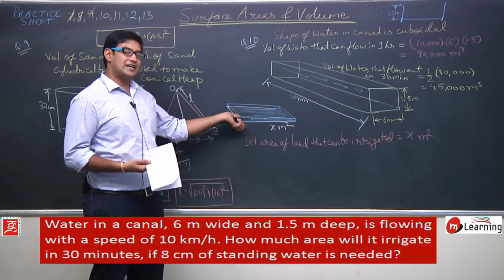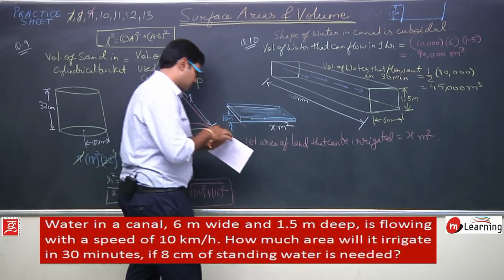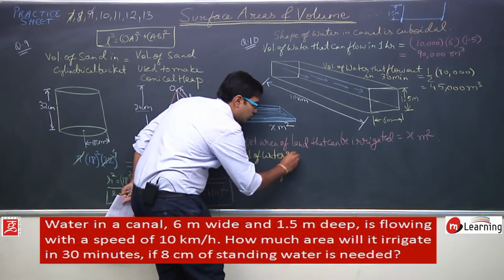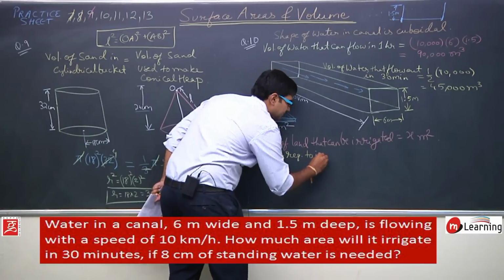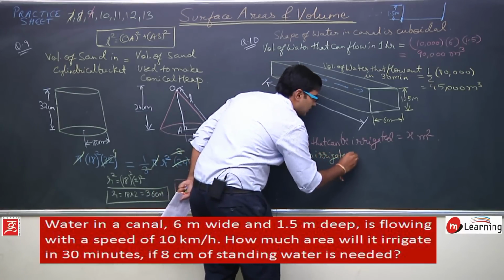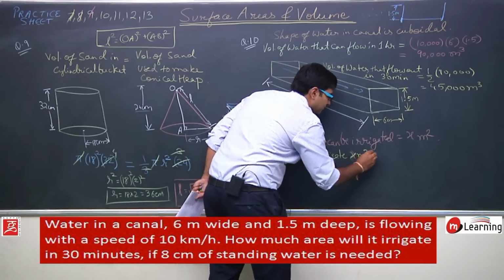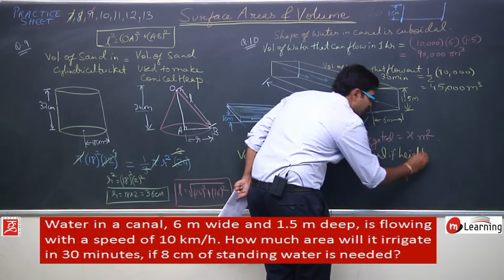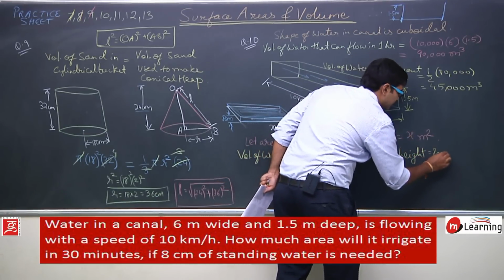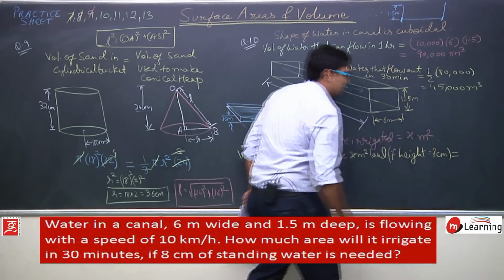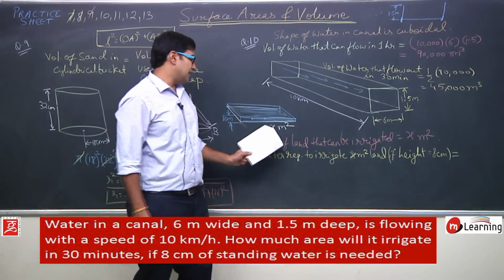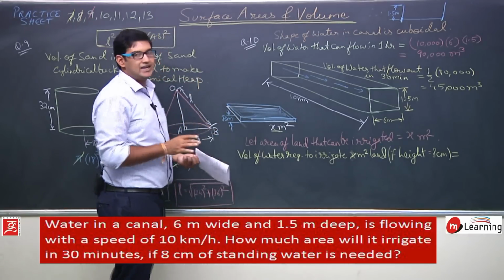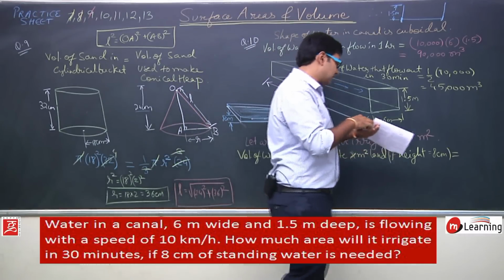If I talk about height of 8 centimeters, I can say that the volume of water required to irrigate x meter square land, if the water level is equal to 8 centimeters, what should that volume be? If the level of water is 8 centimeters, then the volume is equal to